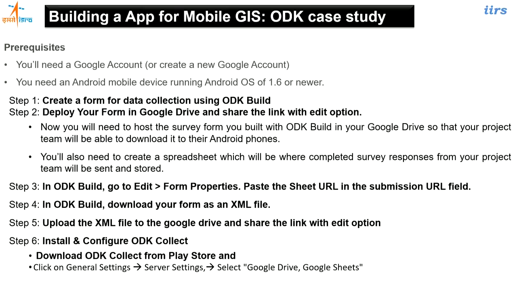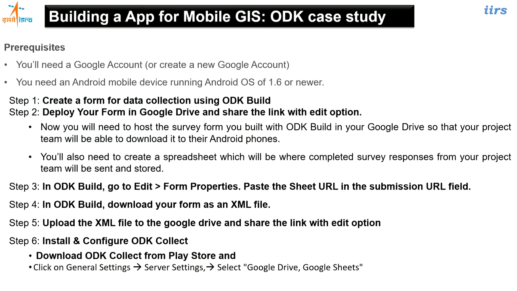Now, if we talk about a mobile GIS application, what should it have? The idea is that from the field I should be able to collect some data along with the location and multimedia information or some other attribute information. Once the data is collected, then I should be able to send it to the central server.